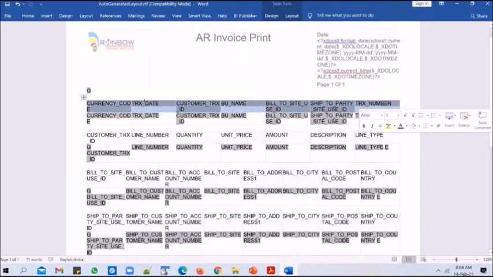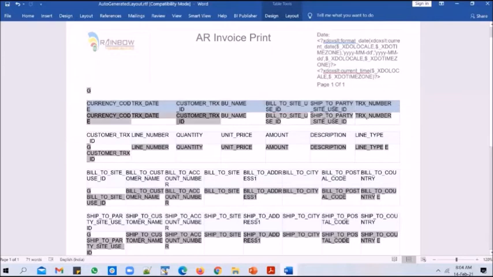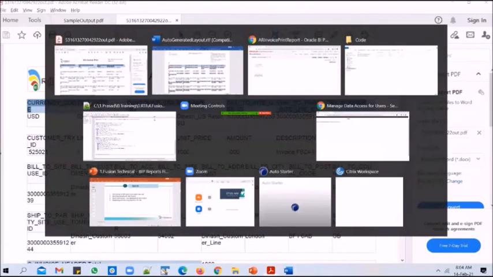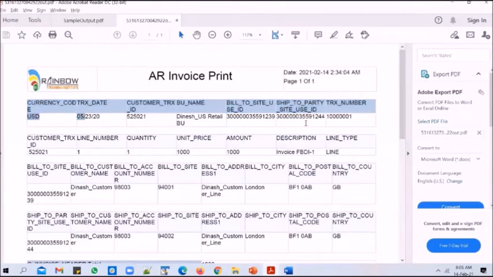This is basically a header row, and this is nothing but static text. So it is a currency code typed as a static word, and this static header row is printed as is. That's why you're seeing this header row. But if you look at the data row, you're seeing currency code, transaction date, a sort of XML tags here. But these tags are not printed. Instead, what is printed is the actual value of those XML tags.